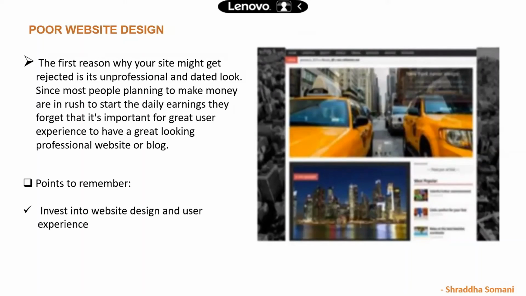If you are going through Blogger or WordPress, then definitely it will be approved, because the theme is a genuine and good looking theme. But if you are hiring a website designer, make sure that you are hiring a good designer. It really pays off, right? So invest in a good designer and have a good professional design on your website.